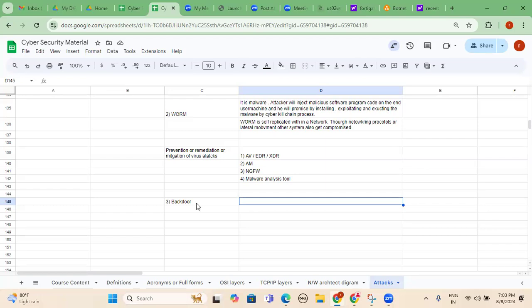If I want to give a practical scenario, what is meant by backdoor jobs? They will not go the normal way; they will go the backdoor way, getting the job without cracking any interview. That is a backdoor, right? Same way here also. The attacker will inject malicious software program code into the target machine, so that he can compromise any targeted machine using the trial and error method or different types of permutations and combinations, by bypassing the authentication. So that bypassing the authentication, we can call it a backdoor.